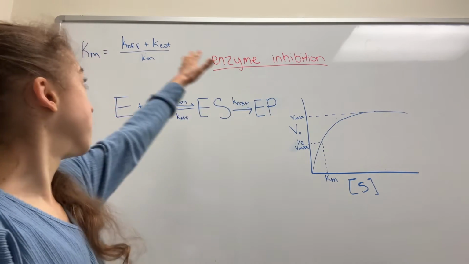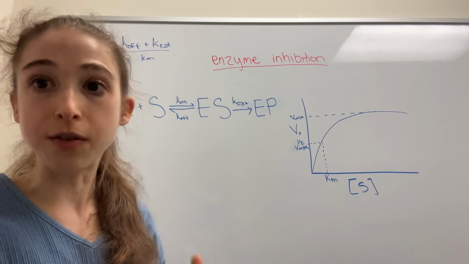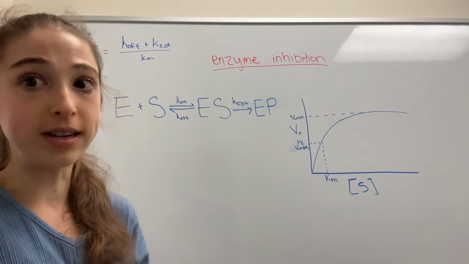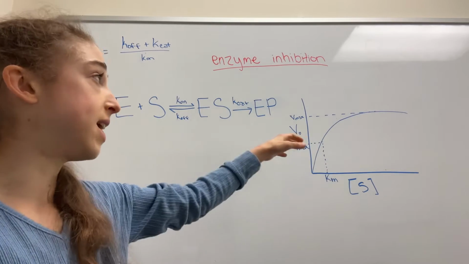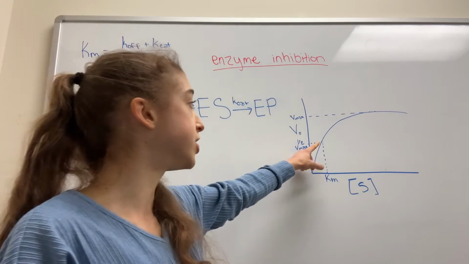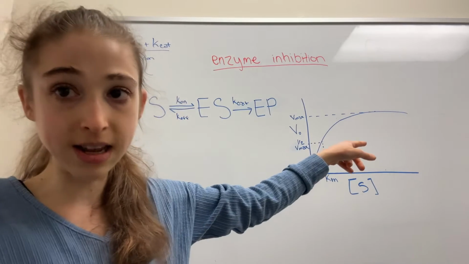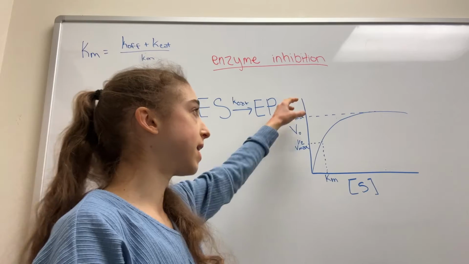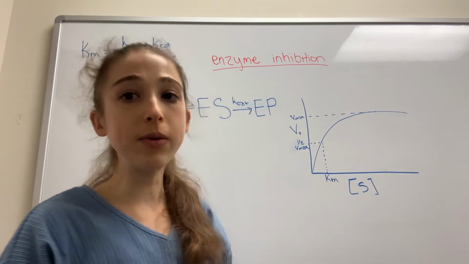However, this is going to be an approximation of our binding affinity. Just like in the case of a KD, the lower is better. But here, what the Km is telling us is the concentration at which we're at half maximal velocity, so our half Vmax. So remember that we could take a Michaelis-Menten curve like this